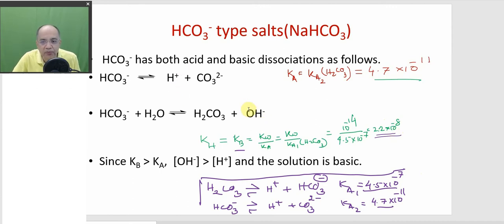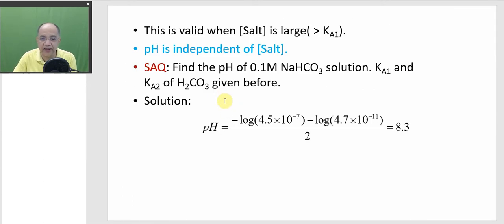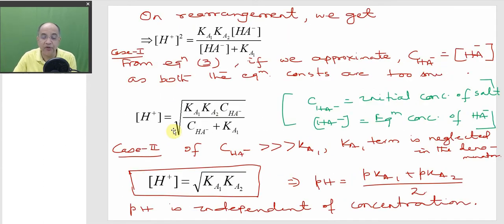So H plus ion, OH minus ion, they will try to kill each other to produce water, and some excess OH minus will remain. So the influence of the acid dissociation cannot be ignored. It has to be taken jointly into account with some intelligent trick. This trick is applicable only when you are not using the final expression. You cannot remember this one for your examination. You have to use some intelligent tricks.